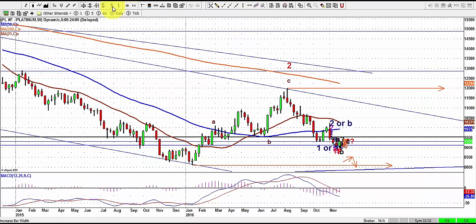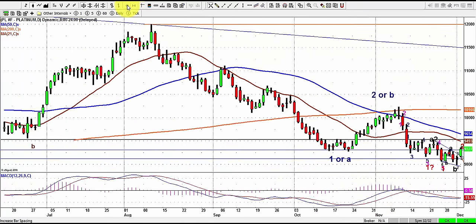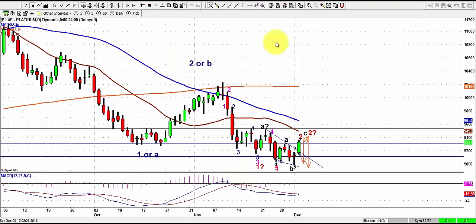Here's platinum. Platinum is only talking bearish as far as I can see. Only talking bearish language. This is the weekly with our very clear ABC, and this is still fully under the grip of the bears. It broke through the support here. It's still looking down despite the rally that we have seen on Friday. I don't think it really tilted the odds. If anything, it appears to me like it's preparing for a massive break. If I'm right, this remains